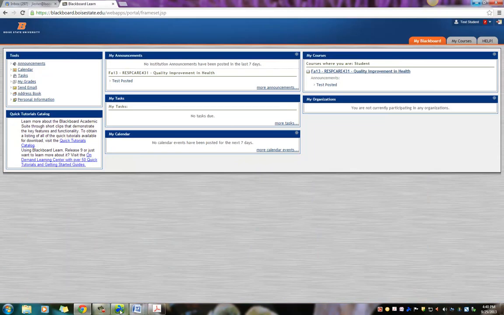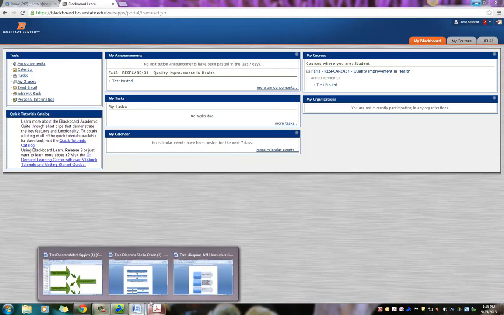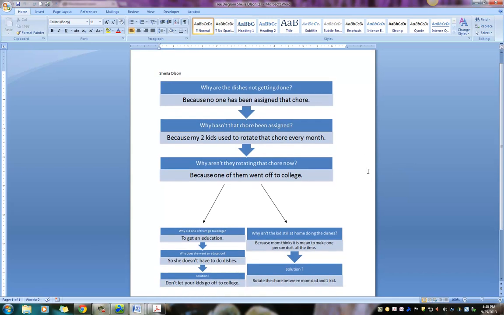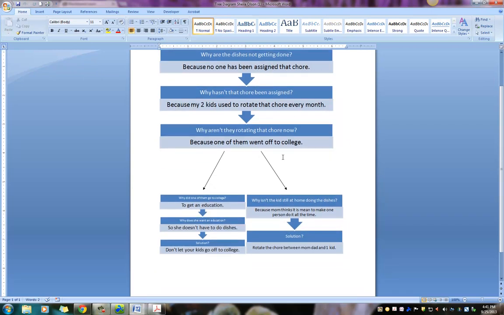I picked another couple of students here, and let me remember where I've hidden those. Okay, Sheila kind of had a humorous one, and if you know Sheila, you know she's capable of that. So one of hers has a logical outcome and one doesn't, and she didn't get a penalty for that or anything. So look at the way she set up her questions, and part of the reason I selected her YY or tree diagram chart is to show you that in some cases you will need to split these off. So her problem is the dishes aren't getting done,